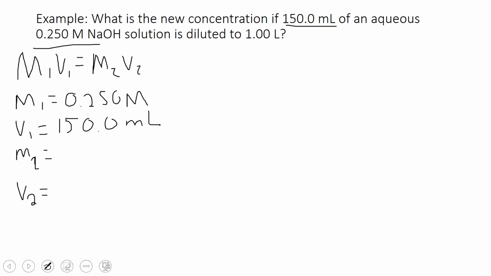M2 is what we're looking for, right? What's the new concentration? And then V2 is this 1 liter, which is 1,000